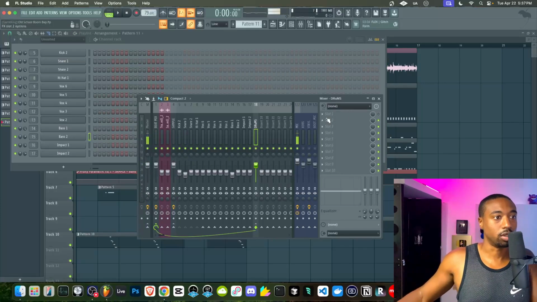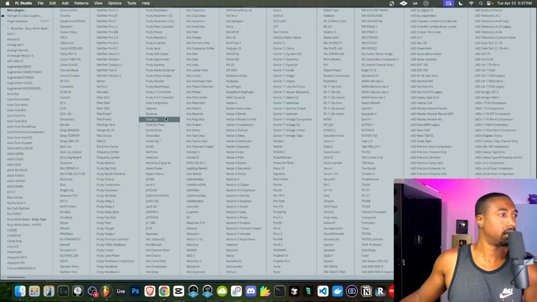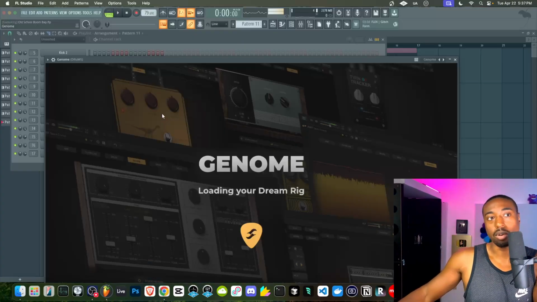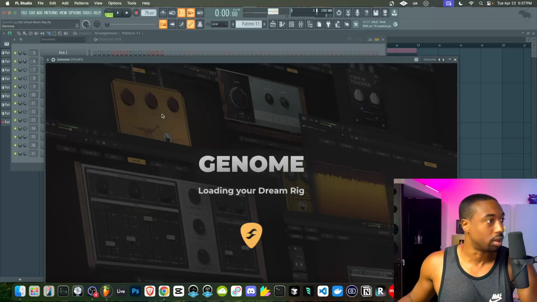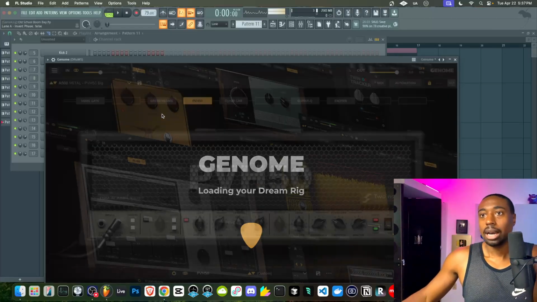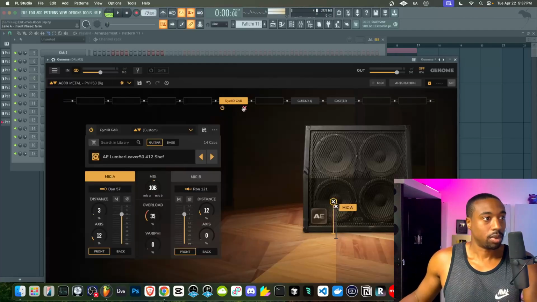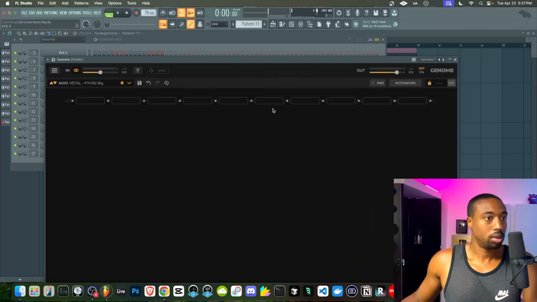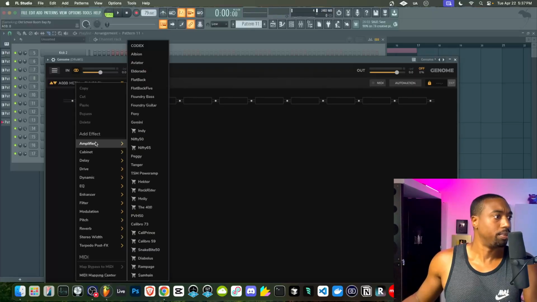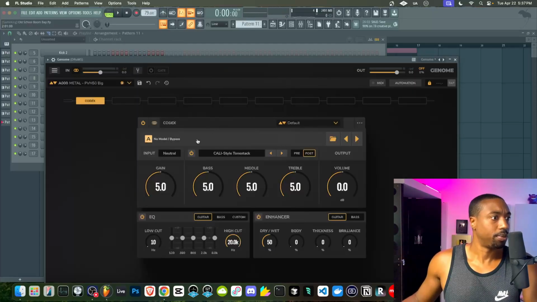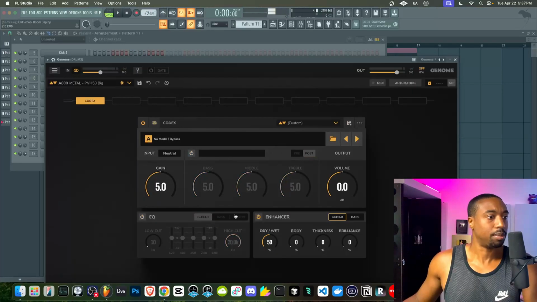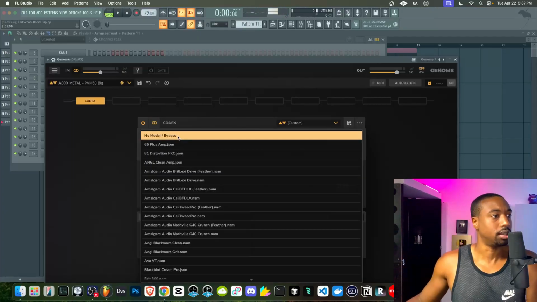All right, so now we're going to run the drums through a plugin called Genome. This loads up NAM profiles, which model outboard gear. I like to shop at Analog X. They have really good NAM profiles. So I'm going to run the drums through what's called the Zulu, which I had a real Zulu. So if we run this through the Zulu, that will give us tape emulation on the drums. It just adds more impact. Also, you guys can try the